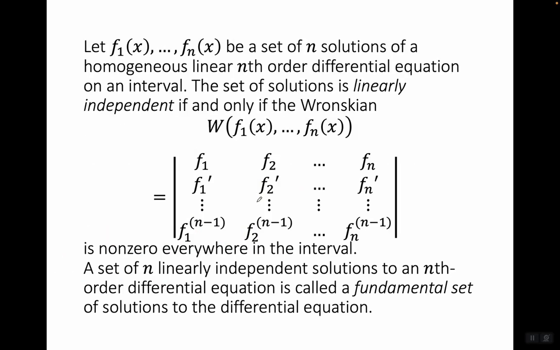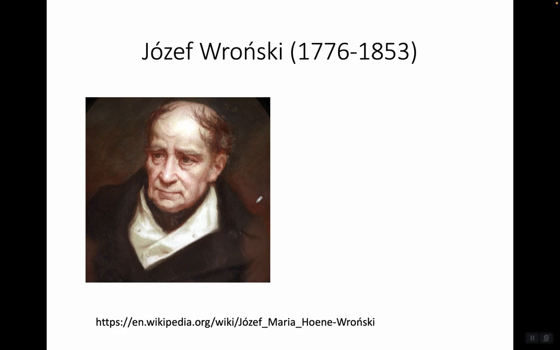Let f1(x), f2(x), up to fn(x) be a set of n solutions of a homogeneous linear nth order differential equation on an interval. So again, this is another way to determine if the set of solutions is linearly independent besides the definition. It is linearly independent if and only if the Wronskian, named after the great Polish mathematician Joseph Wronski, in Polish we'd say Józef Wroński,